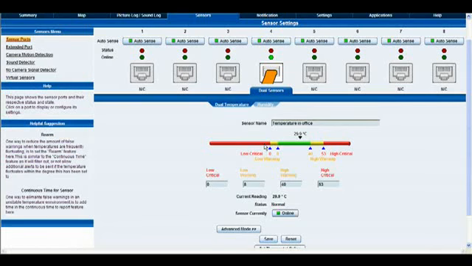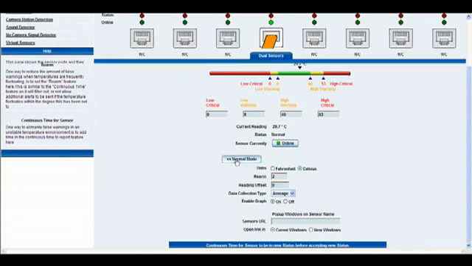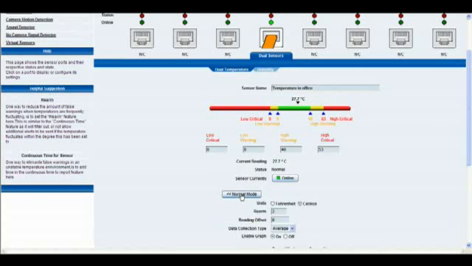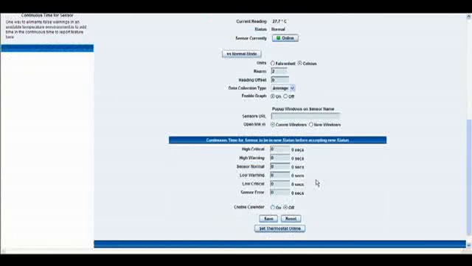Now you'll notice that we have this button here which says advanced mode, and this brings up a whole list of advanced settings, so I'm going to go right ahead and click that. Okay, and you'll notice that that button then changes to normal mode, and if you click it again it flicks back to normal mode. So we'll go right back into the advanced mode, and you can see here obviously we